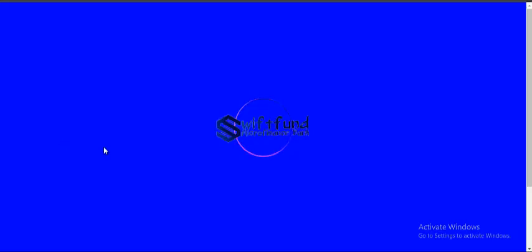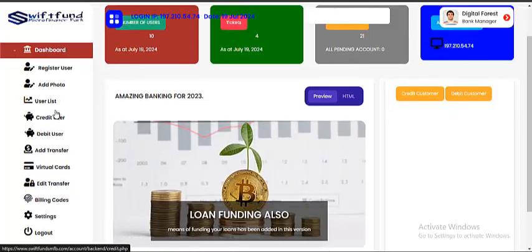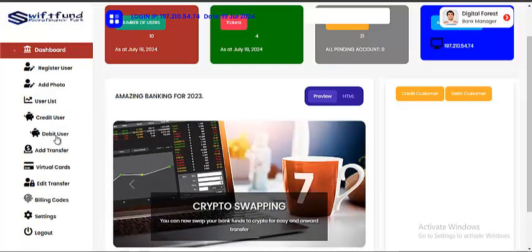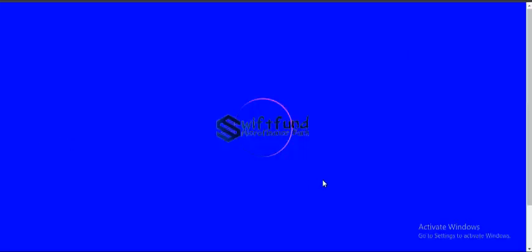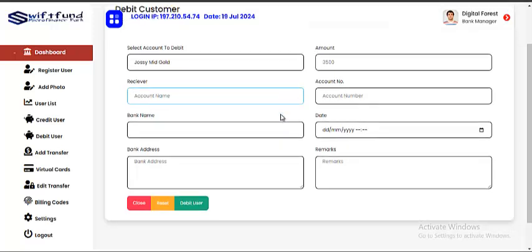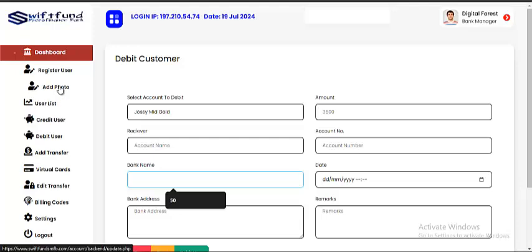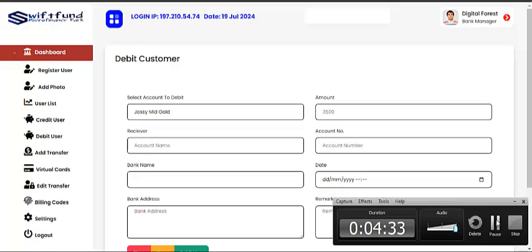Then you go to debit user, and you click on debit user. It will take you to where you can debit the user, right? Just go and put the receiver's name. This is another way to debit it, but so for you to approve the transaction we made, the transfer we made, come to the admin